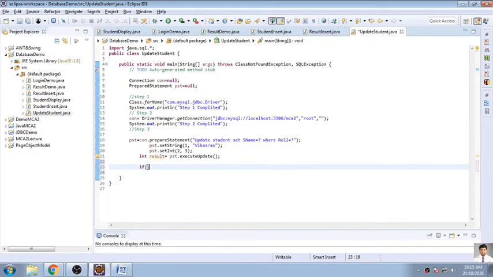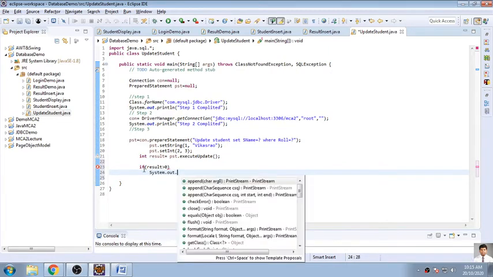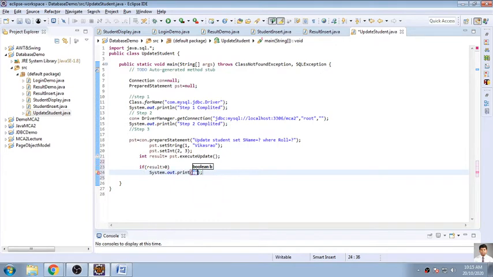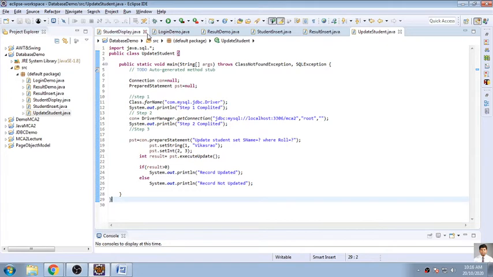If result is greater than 0, then System.out.println record updated, else we will give a message record not updated.